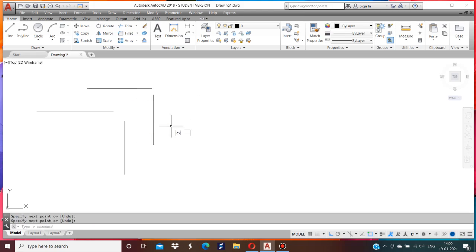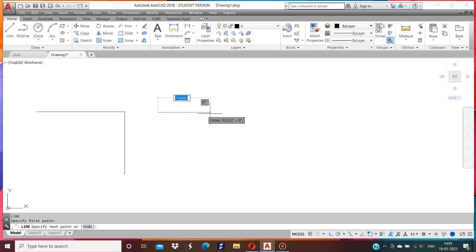Now using the extend command, select this horizontal as boundary, here the vertical line as boundary. Enter. Select this horizontal line and select this vertical line. Now using the trim command, we can trim the unwanted lines. Now erase this.